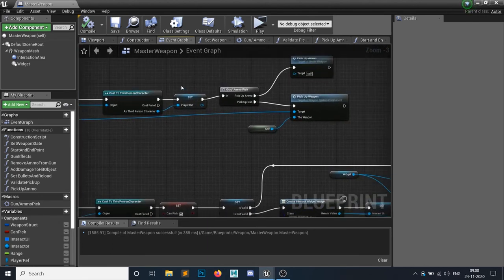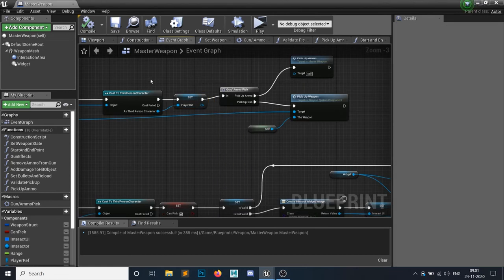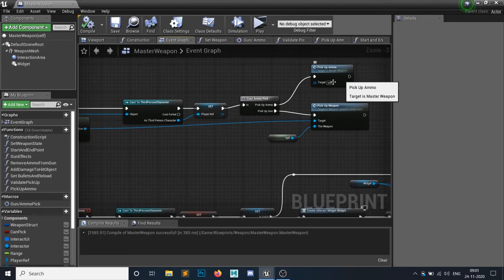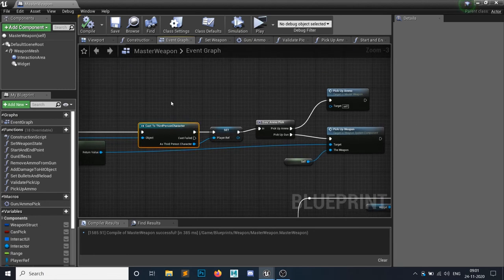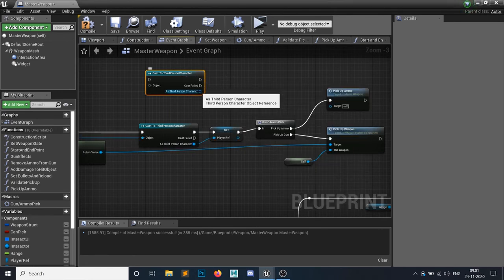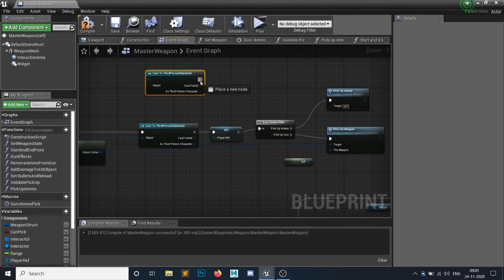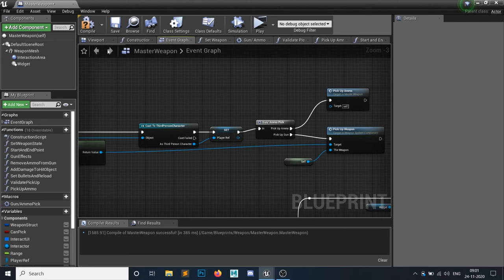So if the casting is true, then we are setting the player reference. If you are using the latest version of Unreal Engine, the casting should be something different. We don't have these execute pins. You have simply just this pin and a boolean of a red color. That red color is simply cast succeed and cast fail, so no need to worry about it.